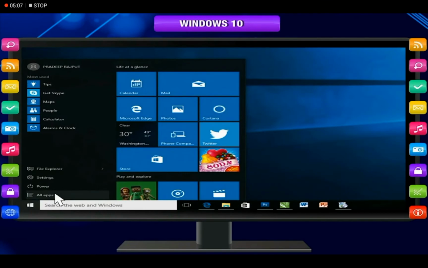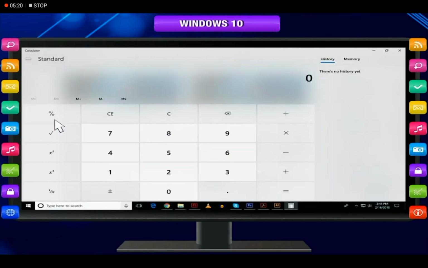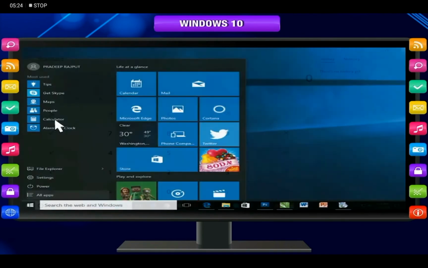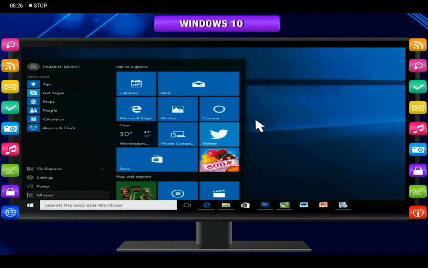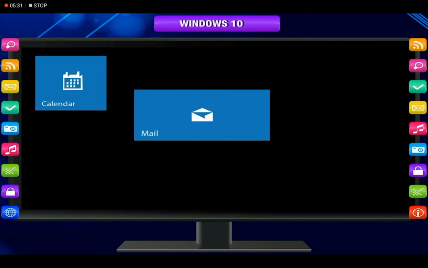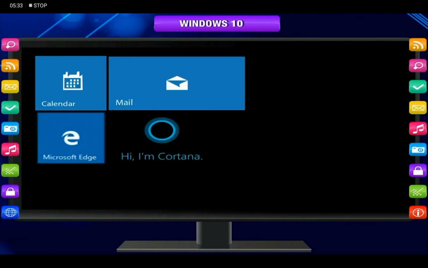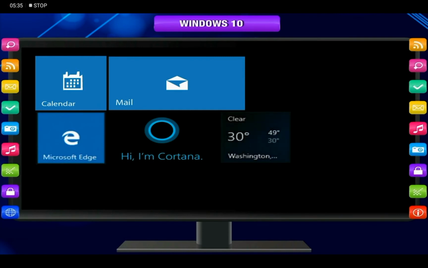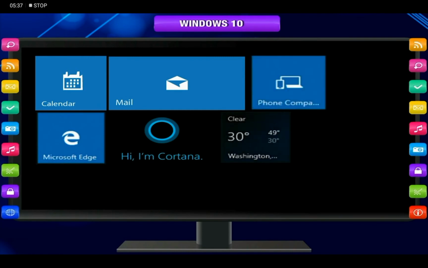All apps, you can click on this option. It will show all the apps of your desktop on just a click. For example, if you want to use calculator, you have to click on the calculator icon. By clicking on the calculator icon, you can open the calculator. You can also open other services like calendar, mail, your internet explorer and many more things with the help of